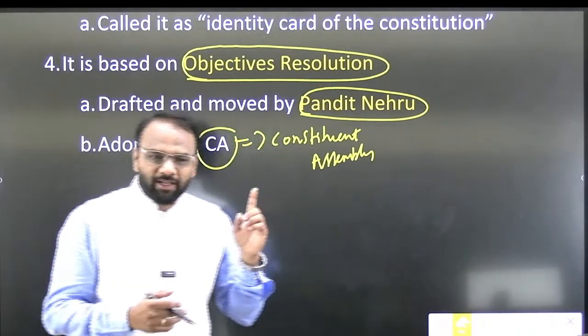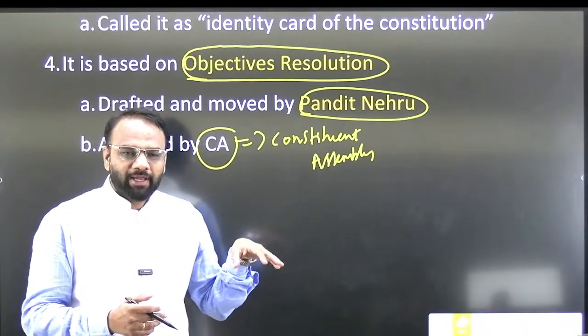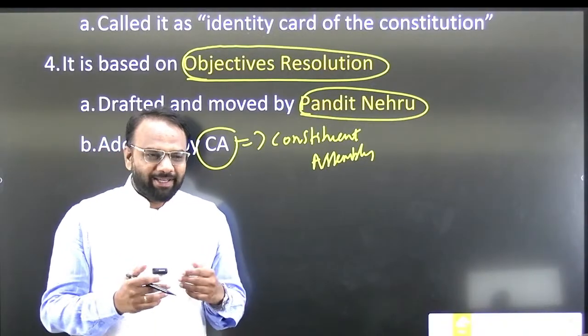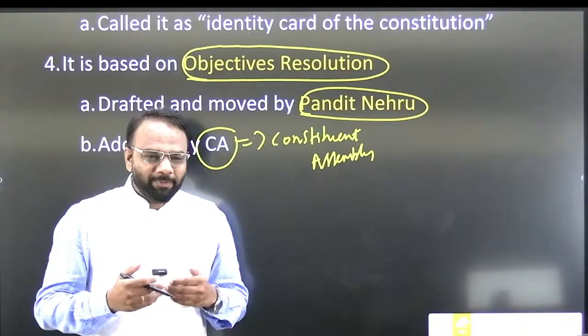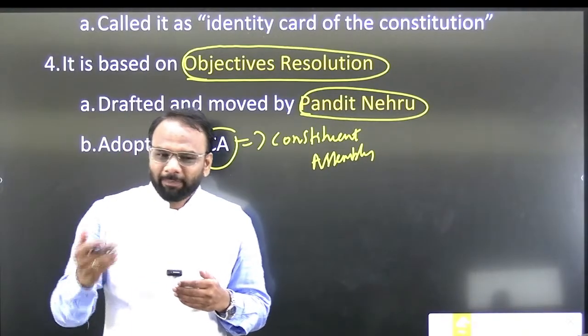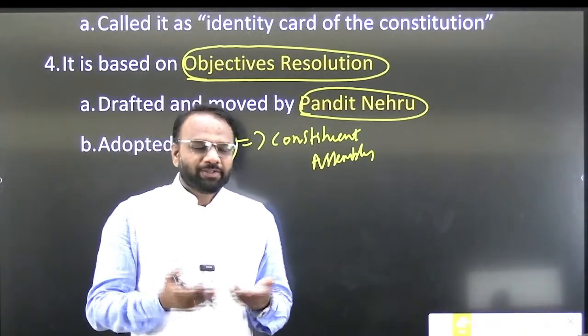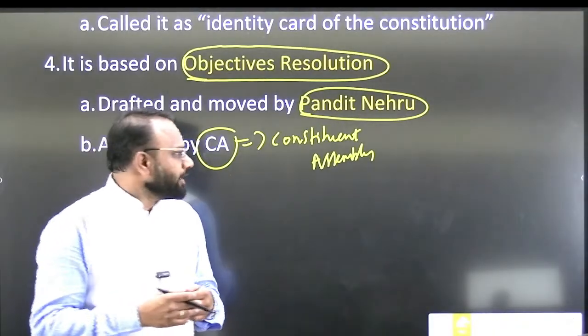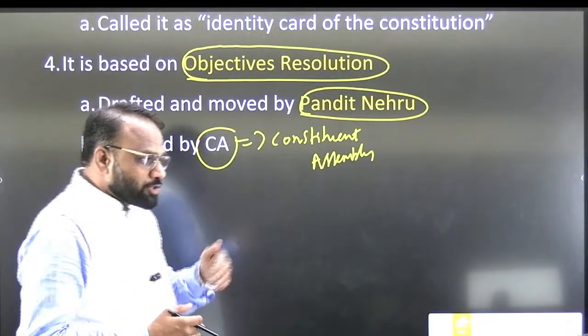So previously the constitution was framed by the Constituent Assembly, but presently we do not have a Constituent Assembly. So that power is being exercised by whom? Parliament. Who has given the power to the Parliament? Constitution. Okay, the constitution has given the power to Parliament. So when the constitution was being written,